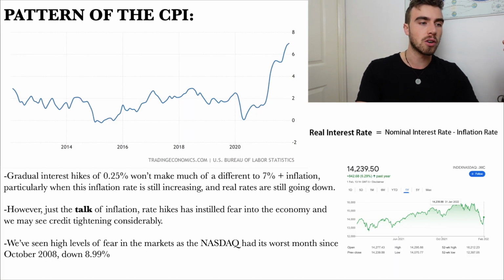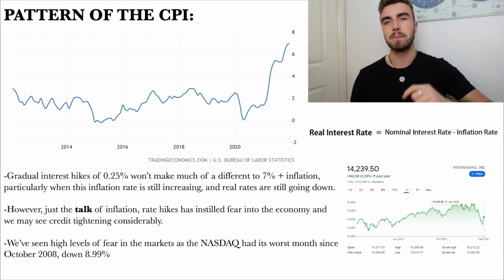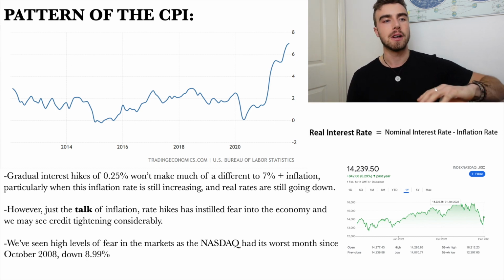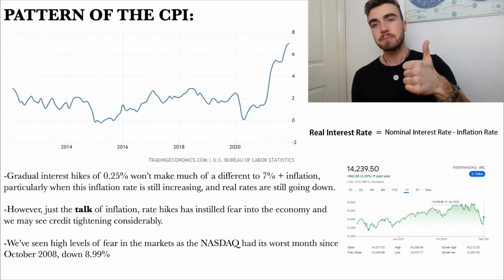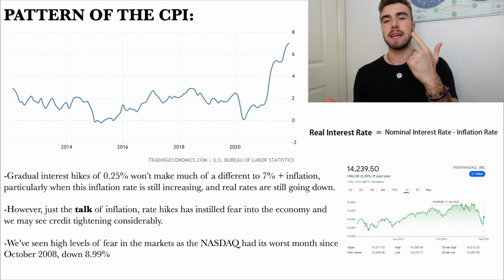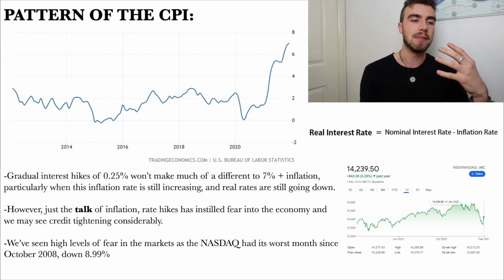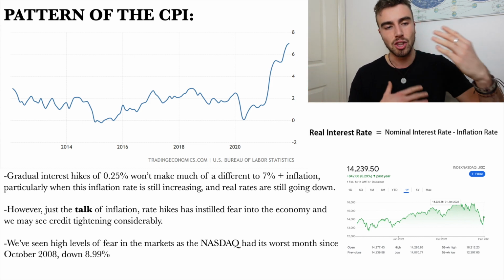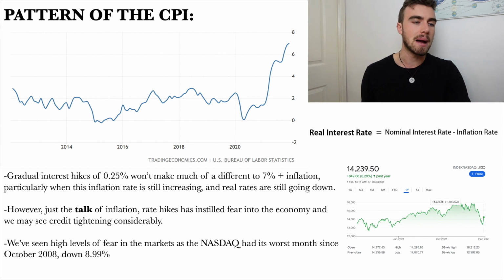So what I'm trying to say is I don't think that these tiny little rate hikes in themselves will be enough to pop this inflationary bubble, particularly with all the pressures we're seeing from a labour market, the injection of liquidity. We've got the wages still rising, and the supply constraints still going on. We're still seeing companies saying there's this massive bottleneck and it's being a nightmare to solve. That's going to be a massive, massive problem.